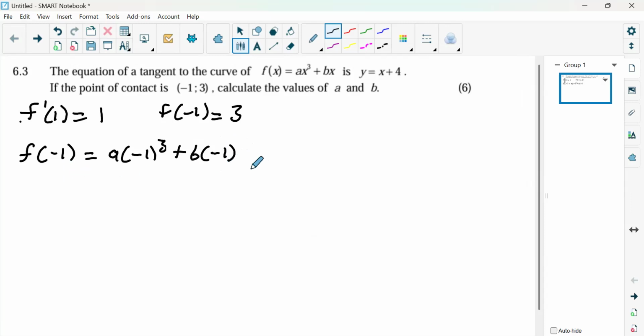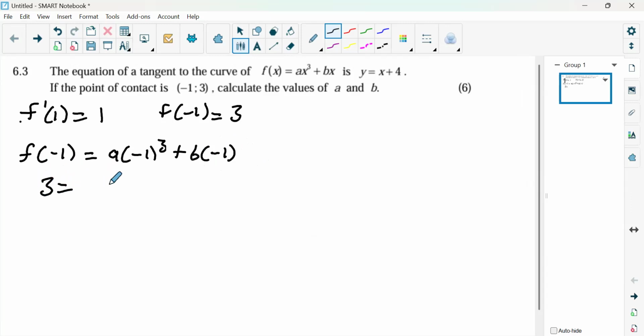And then what else do we have? That's all. Okay. Now we can simplify this. We can start by saying, you have f of x at -1, and f of -1 is 3. So we can just write 3 is equal to